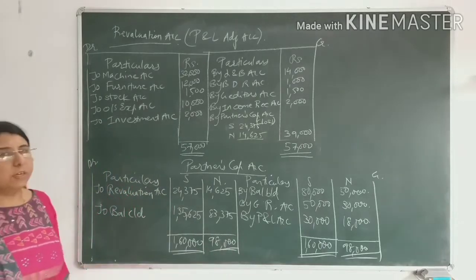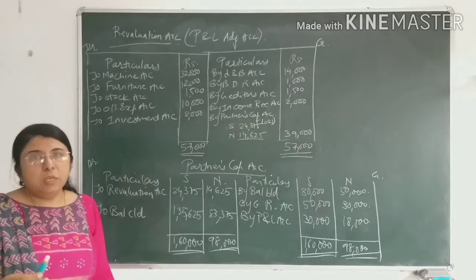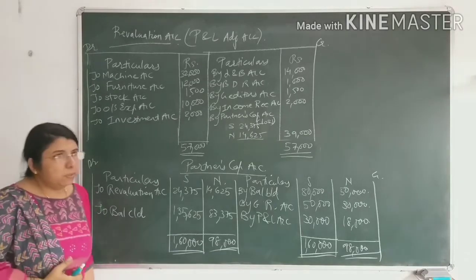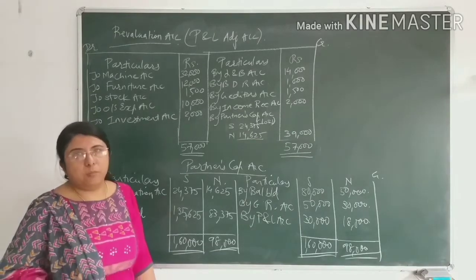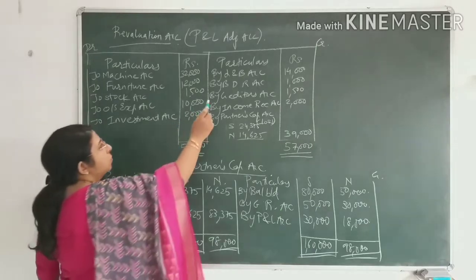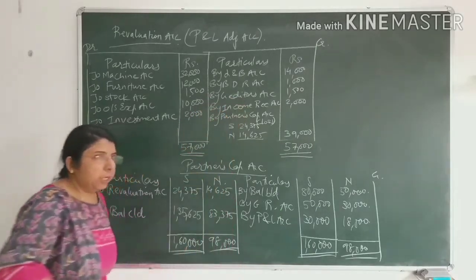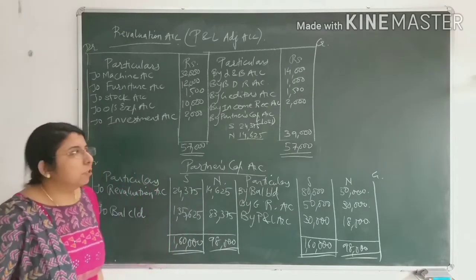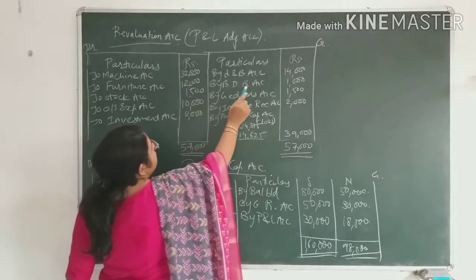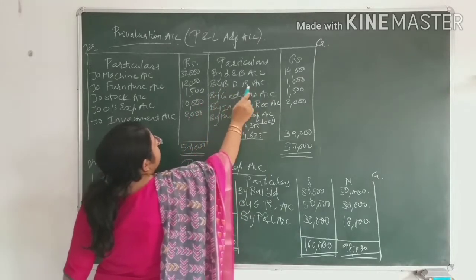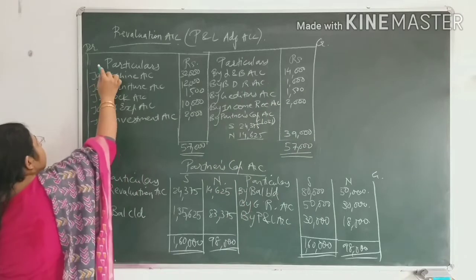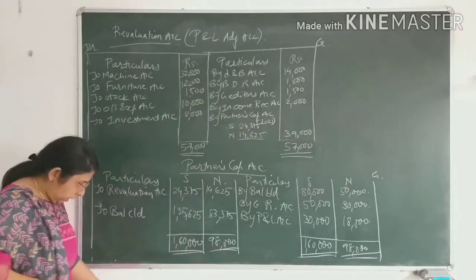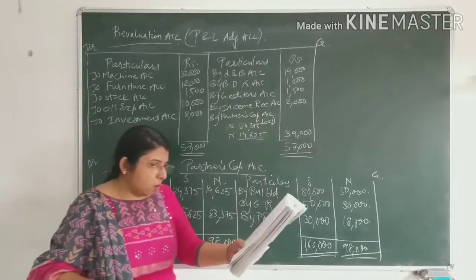The next entry we had written was bad debt reserve, which was reduced by rupees 1,000. Due to the decrease in bad debt reserve, profit occurred to the firm. If profit occurs, then it will always be on the credit side of the revaluation account. What was the entry? That is bad debt reserve account debit to revaluation account credit. So on the credit side of the revaluation account, we have written by bad debt reserve account. You also know very well that on the debit side we write 'to', and on the credit side we write 'by'.